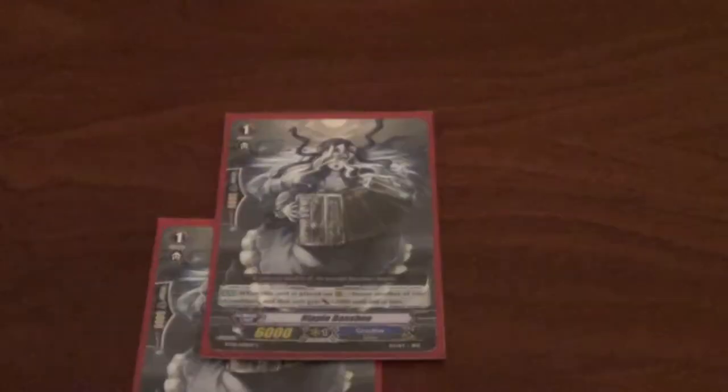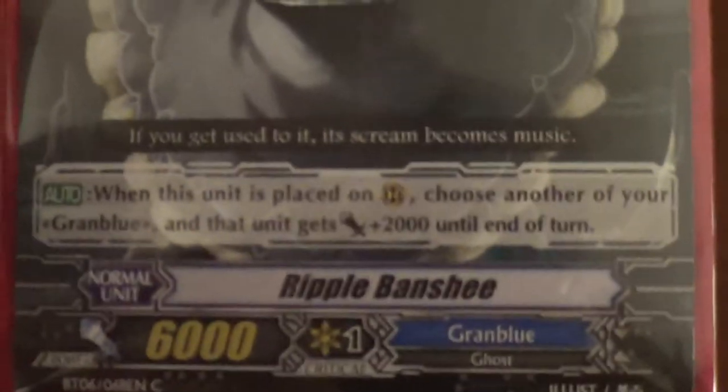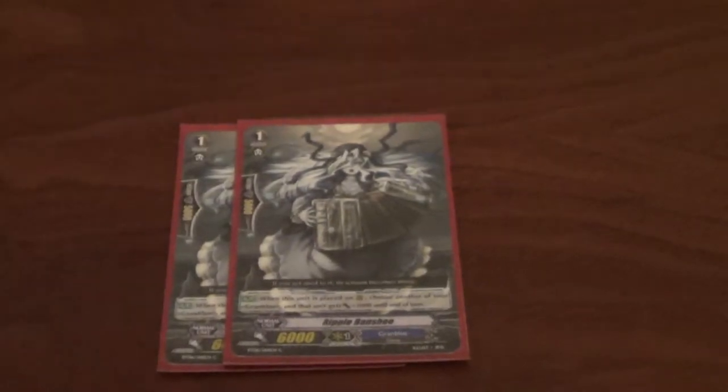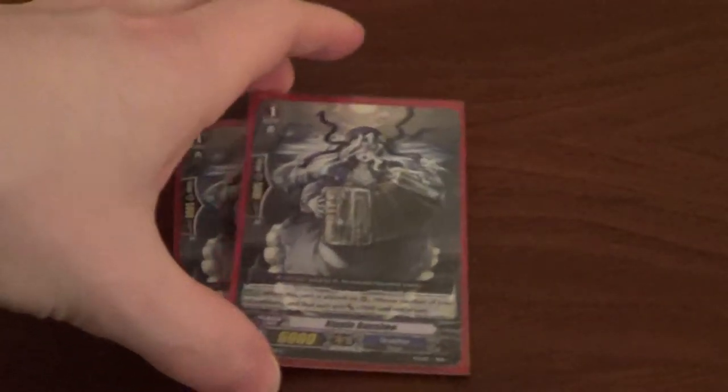Grade 1 lineup. 2 Ripple Banshee, because in this deck I actually do want to give my unit some form of beefing, and this is a pretty free way of doing that. Just placing it, give it +2, or, you know, call it from the drop zone, give something +2. Can be really helpful. I really actually like the card, so that's also kind of why, because I think the art looks really nice, and this is actually a deck where, again, I want to beef up my units